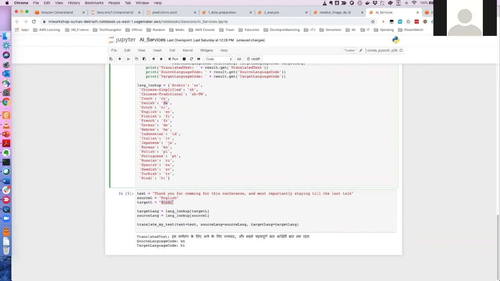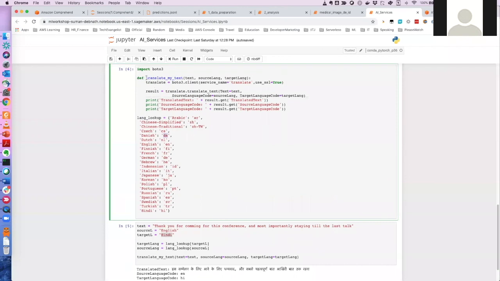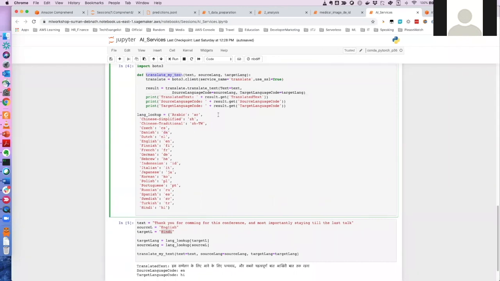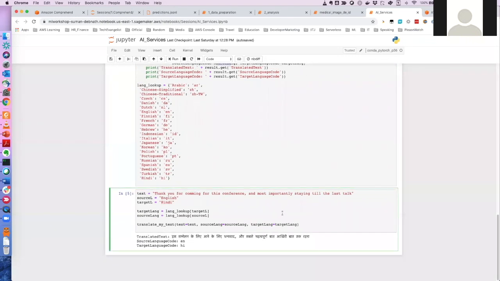So I just created one small lookup hash, and I will call this function, translate my text. What it does is it calls this single line of code, translate text, with the actual text, the source language and the target language. Once you do that, it converts your text into the language you asked for.